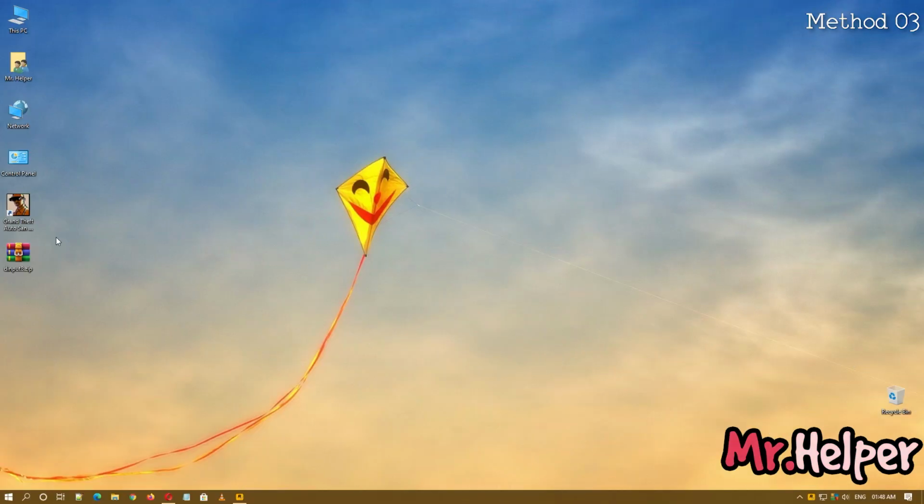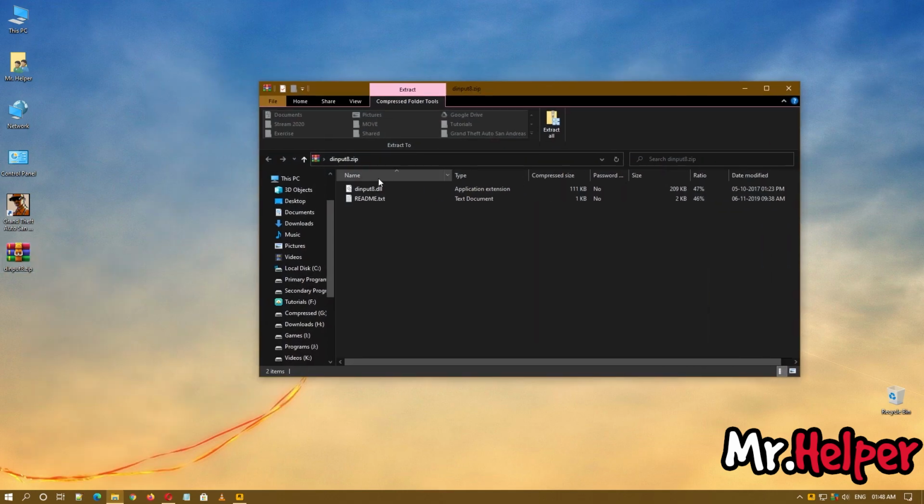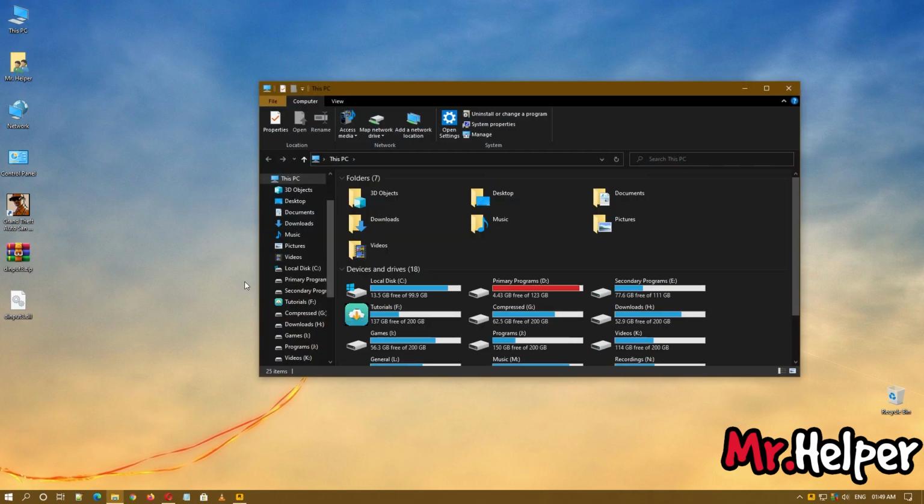Okay, in method 3 we need this DLL file which I have already explained in method 2 from where you can download it. So I'm not gonna explain it one more time. Okay, so let's extract this file. Right click, move your mouse over open with, and then click on Windows Explorer. Drag and drop this file on your desktop. Now open This PC, go to the location where you have installed your GTA San Andreas,